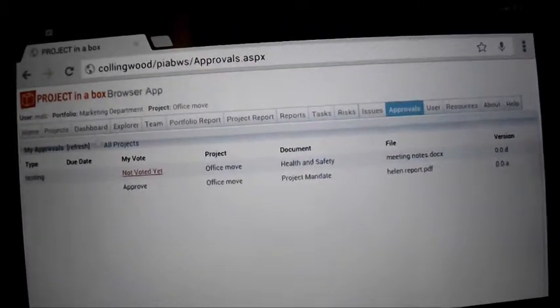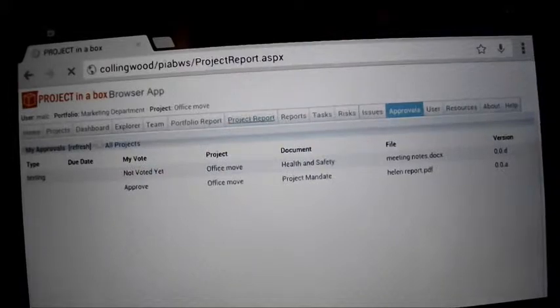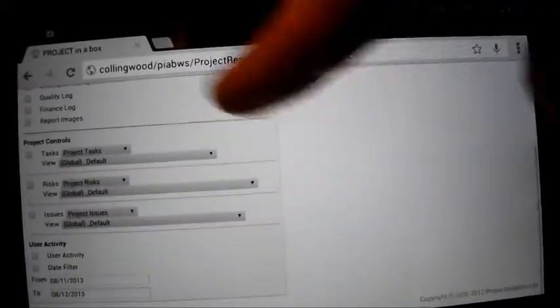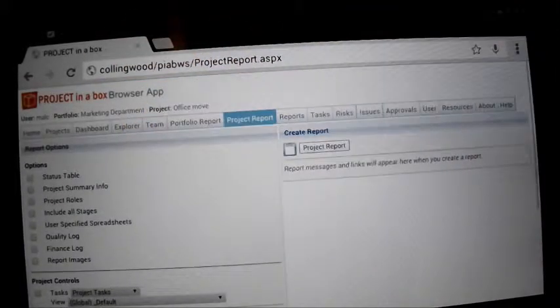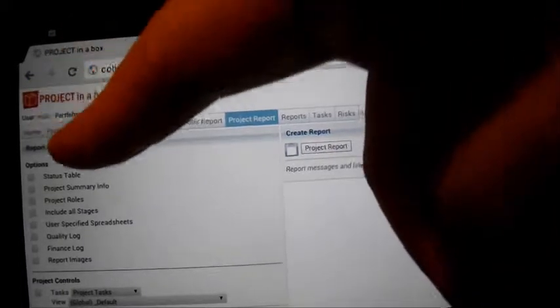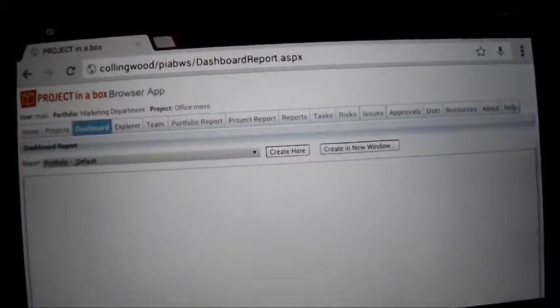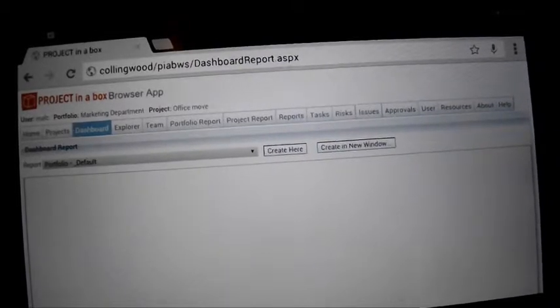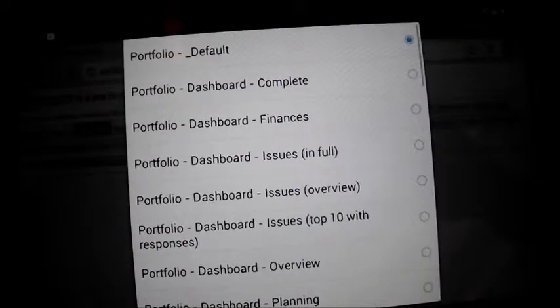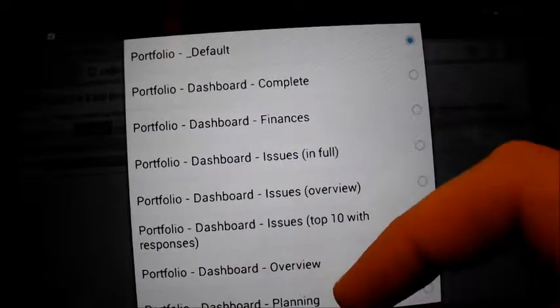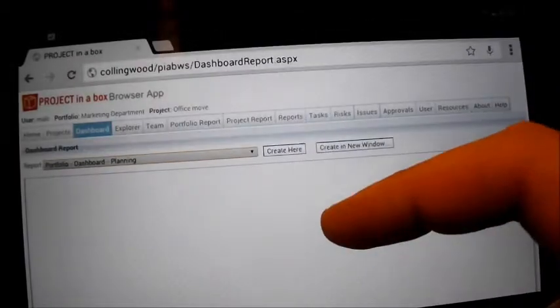So let's have a think about reporting. We have the ability to create custom reports either at the project level, picking the bits we want to involve, or the portfolio level, or I can come in and run a dashboard, and the dashboard has preset reports set up for it. So I can either run portfolio ones or I can run project ones. So for example,